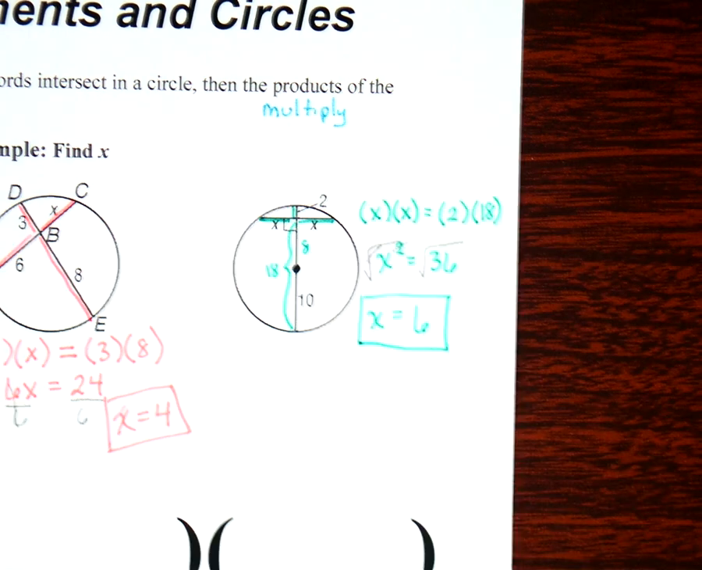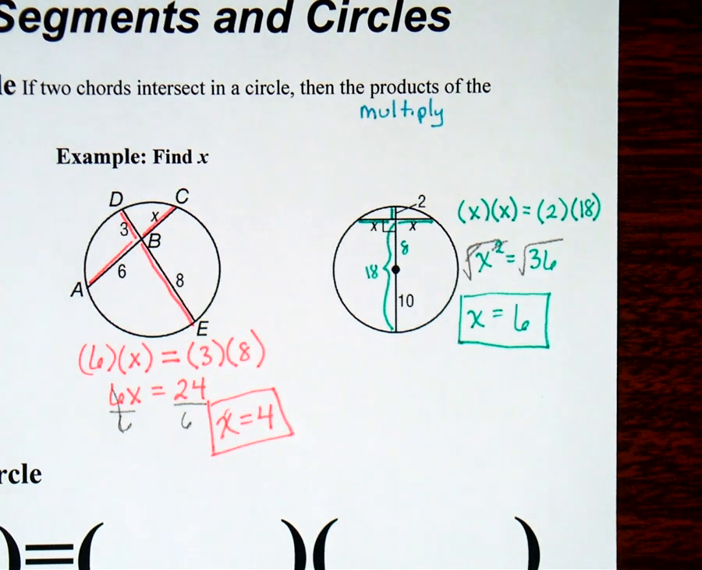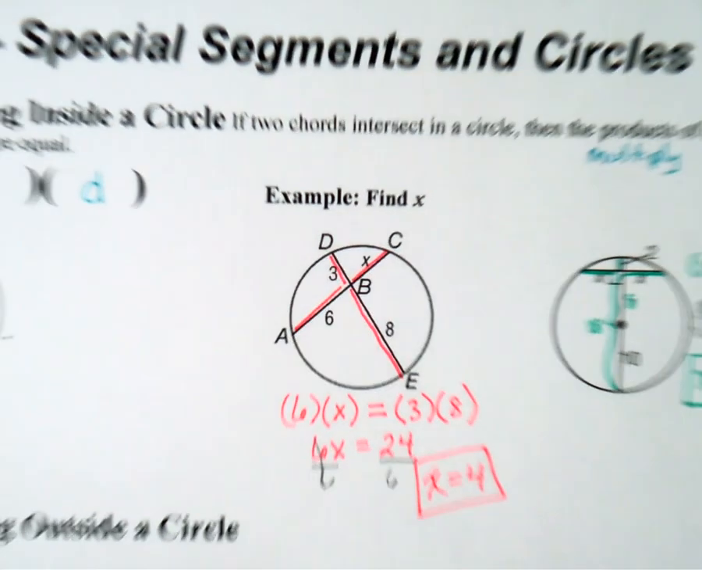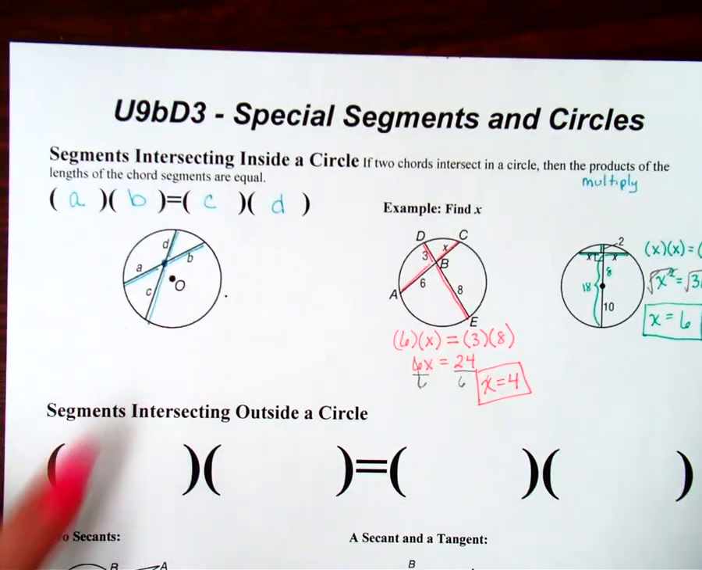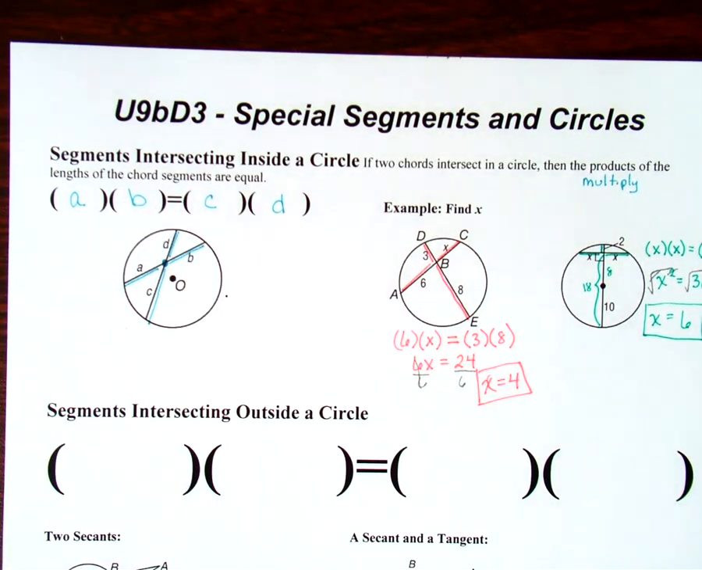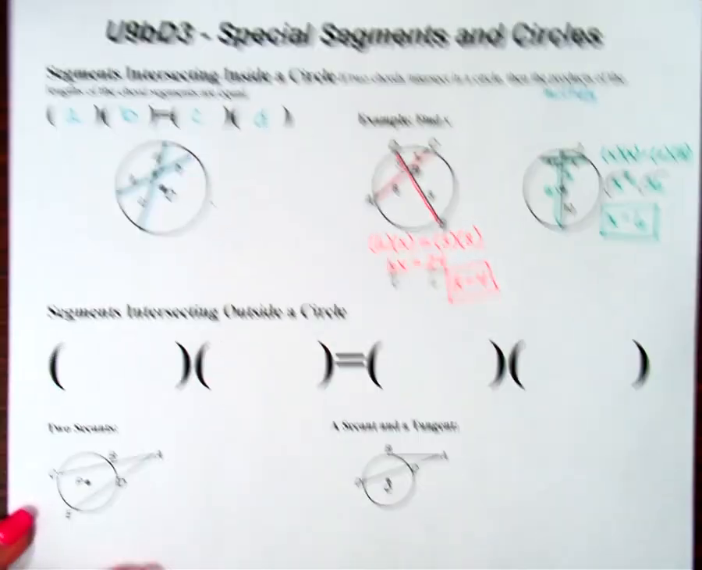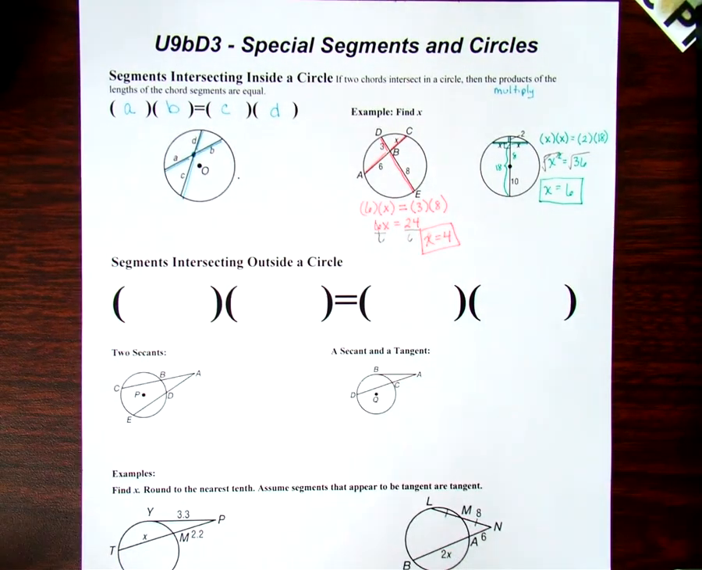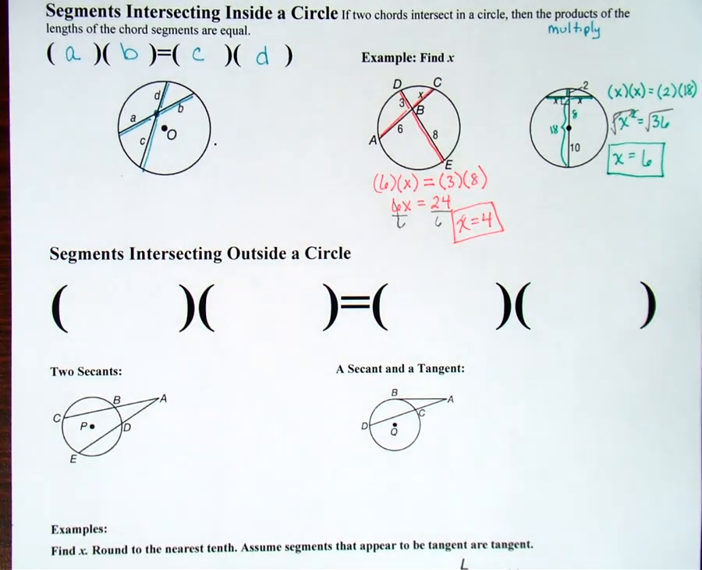Okay, so that is the first property for today. We're only learning 2 properties today. The first one: if I have 2 chords intersecting in a circle, all you have to do is multiply their pieces together and they'll be equal. The next one is a really weird formula, and when you look at it first, you're going to go, that doesn't make any sense, I don't get it, what are you talking about? When you have segments intersecting outside a circle, the formula is going to be the external segment